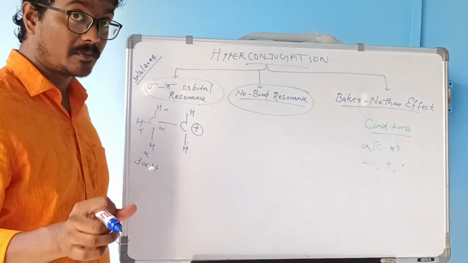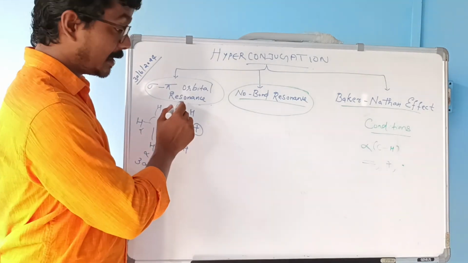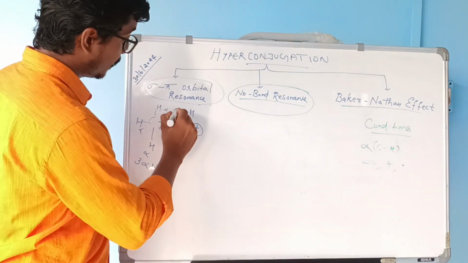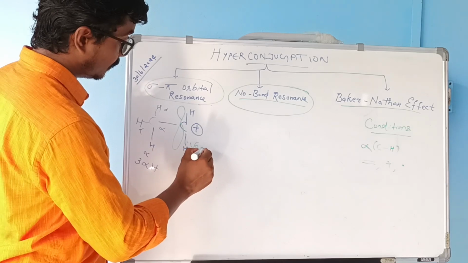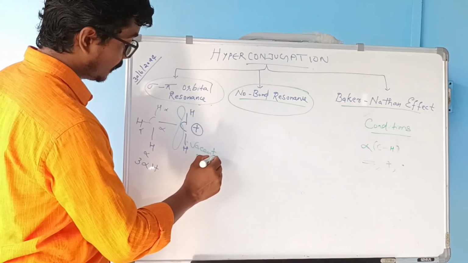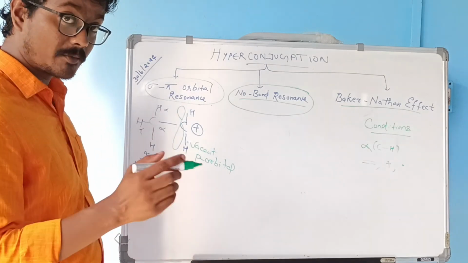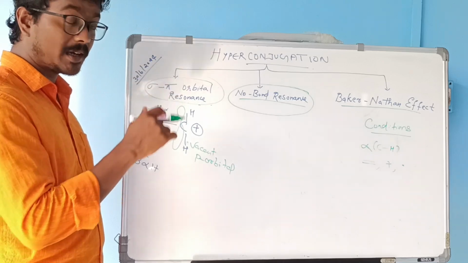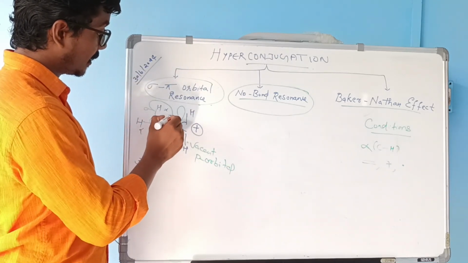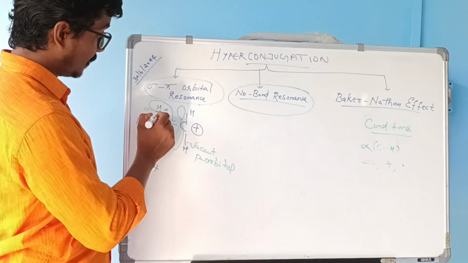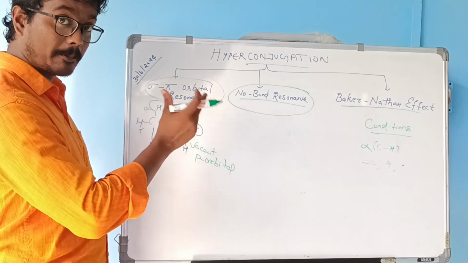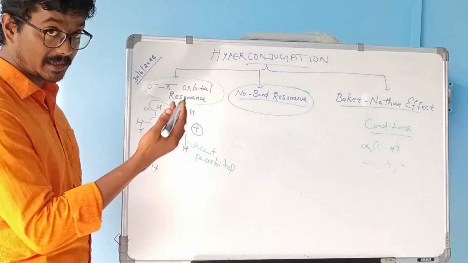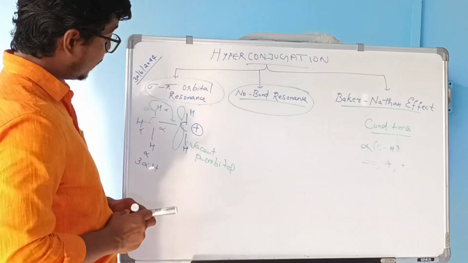What is the specialty of carbocation? We have already discussed. This is having a vacant p orbital, right? The carbon is carrying a vacant p orbital. Hence, what is going to happen? The sigma electrons between alpha carbon and alpha hydrogen will move towards here, right? So the sigma orbital and the vacant p orbital will overlap. Delocalization of sigma electron to pi electrons. So this will result in